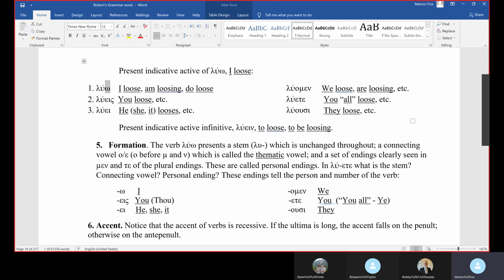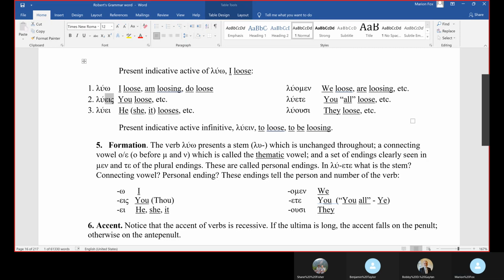This omega, at one time in earlier Greek, I'm told, was a pronoun. This would be the first person pronoun. And this is loose, I loose, L-O-O-S-E, or I am loosing, or I do loose. Again, the Greek present tense could follow through in any one of those three forms in English. So he talks about it earlier, so we won't go back through that. All they do is change the ending on the stem to make it first, second, or third person. We don't do that in English, so this is a new concept if you haven't studied other languages. So the first one was luo, and that is I loose. We come down to the second one,